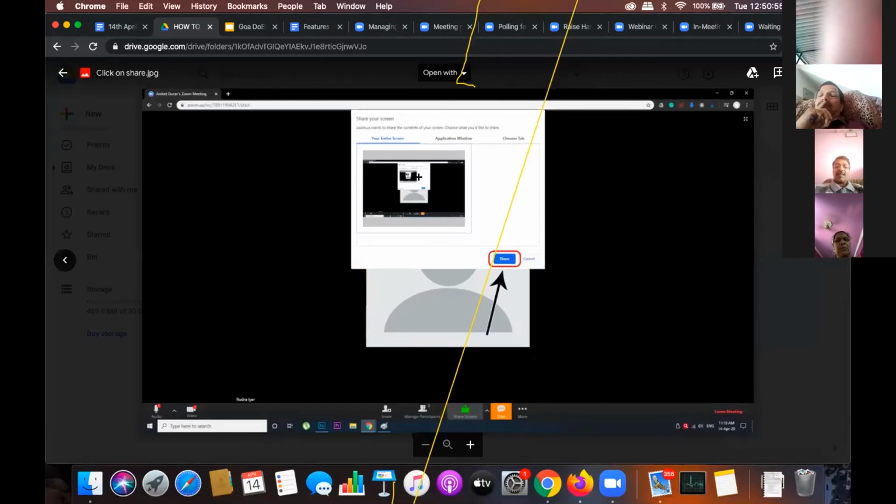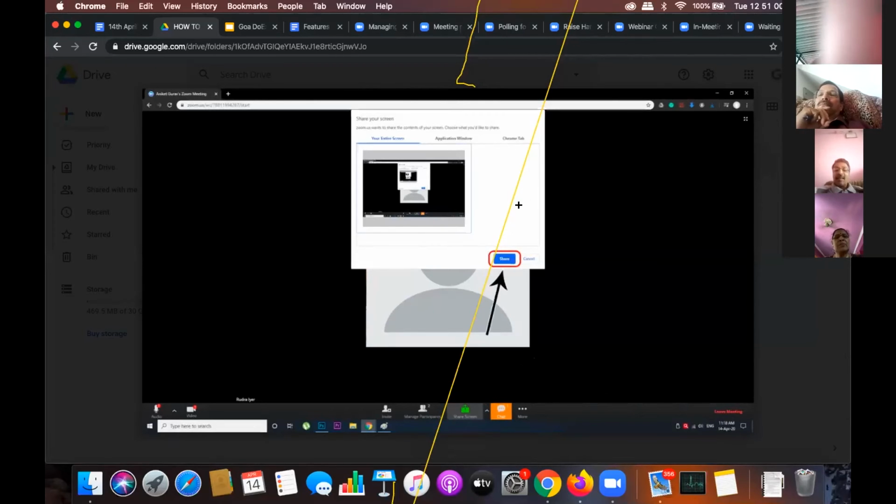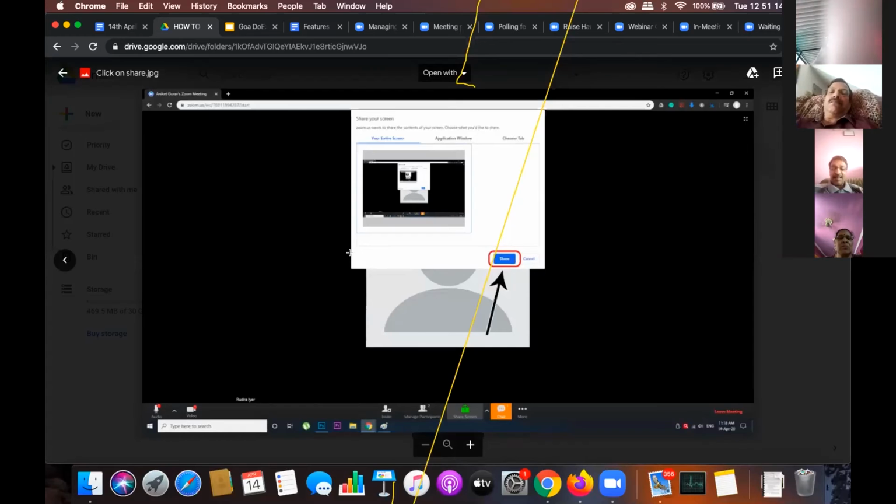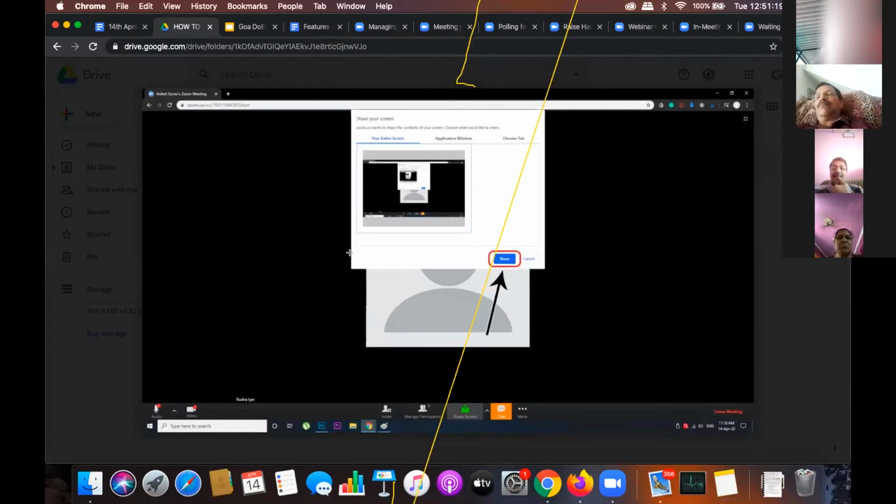And when you click on share screen, a window opens. It will ask you whether you want to share only the browser or the desktop or multiple things that you want to share, right? It can be a whiteboard, it can be even your phone. Okay, so this is important to know. Whatever screens are open on your laptop can be shared.